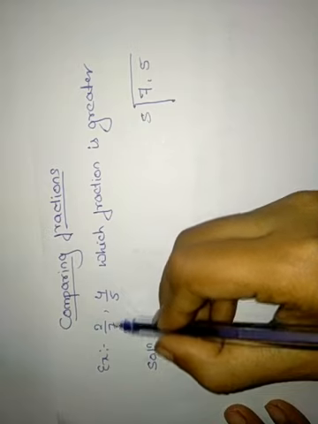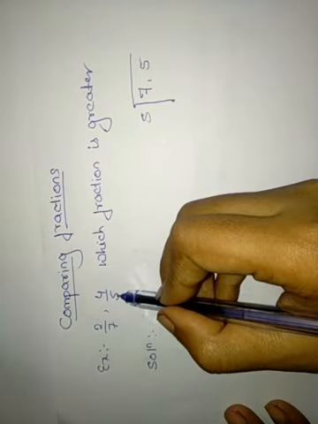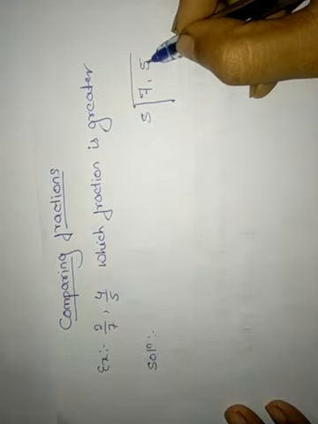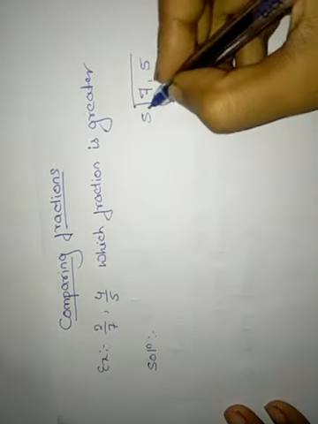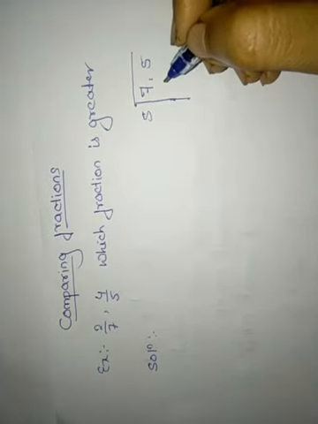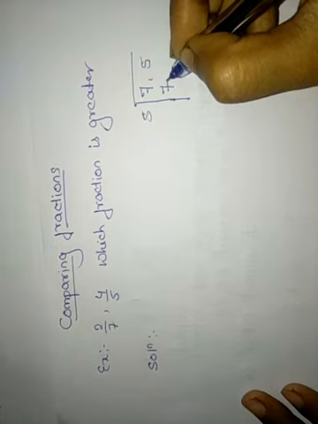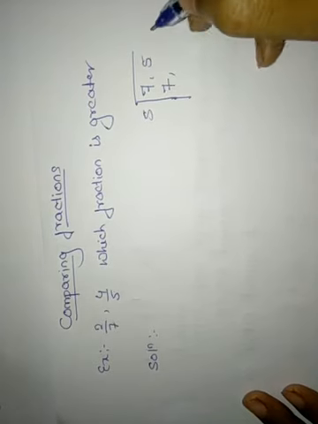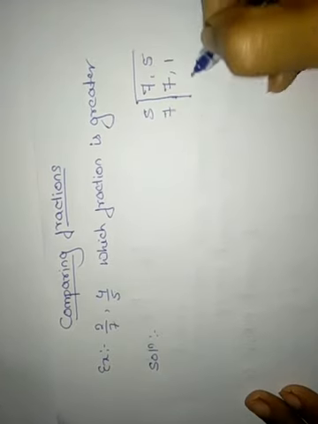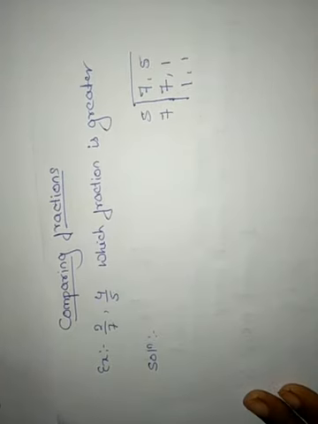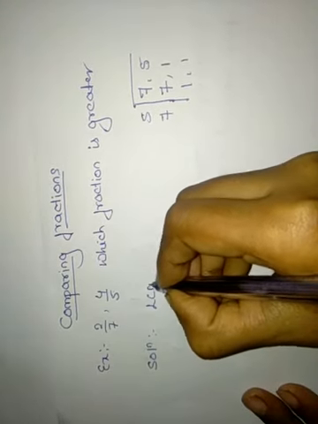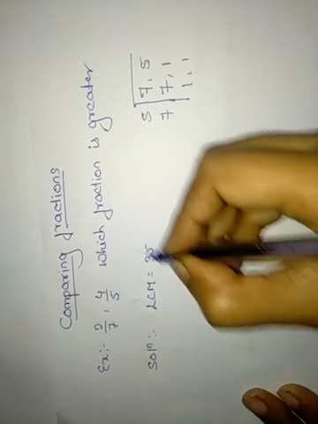For that, you can see the denominator values, that is 7 and 5. We have to take the LCM of 7 and 5, right? I have written here 7 and 5. I will take the LCM, first with 5, or you can also take it with 7. I will write 7 as it is because 7 is not in the table of 5. So 5 ones are 5. Next 7 ones are 7, right? Now 5 sevens are 35. So we got the LCM, that is 35.